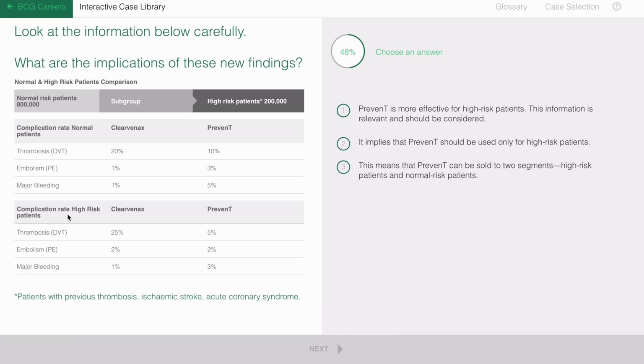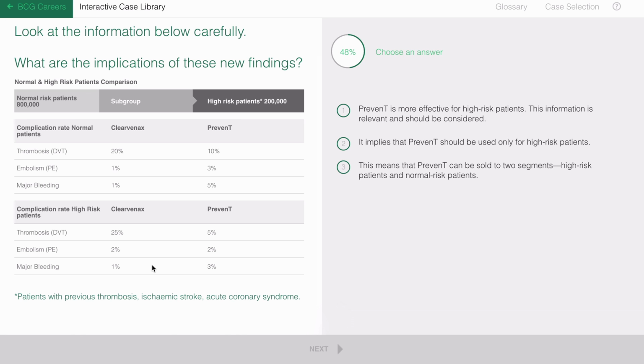This new segment, high-risk patients, which we can see here represents 200,000 patients compared to 800,000 patients for normal risk patients. So high-risk group is a smaller group compared to the normal risk patients. But looking at this table here, it seems that Prevent T actually does much better in this category than in the normal patient category. For DVT, Prevent T prevents complications by 20%. For embolism, it has the same complication rate. And for major bleeding, it has a slightly higher complication rate. But looking at this overall, it seems like Prevent T is actually delivering more economic value for the high-risk patient